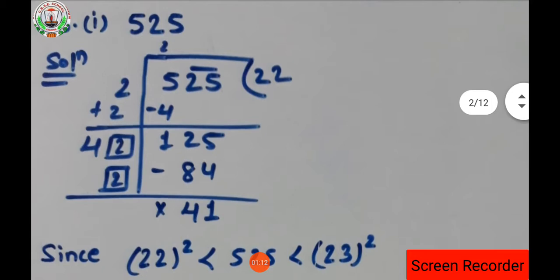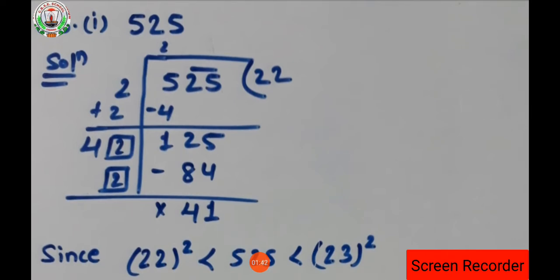Now we have to think of a number whose square is either exactly 5 or smaller than 5. We can't take greater than 5. So 1 squared is 1, it is too small. 3 squared is 9, it is greater than 5, so we won't take it. Then we will consider 2. So 2 into 2, 4, will be subtracted from 5. So what will the remainder be? 1. Now 25 together will come down in the next step, isn't it?